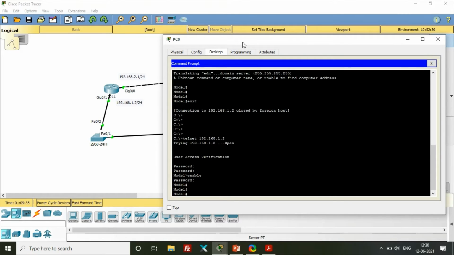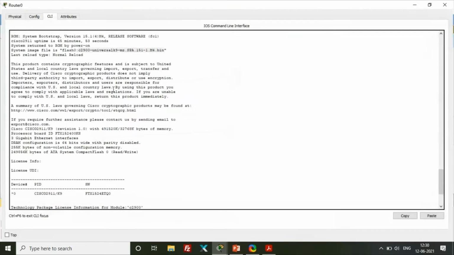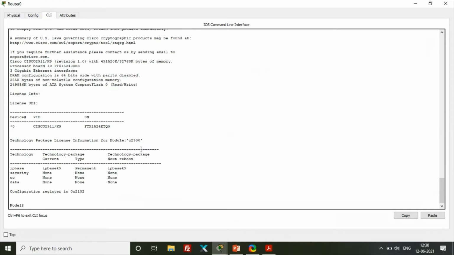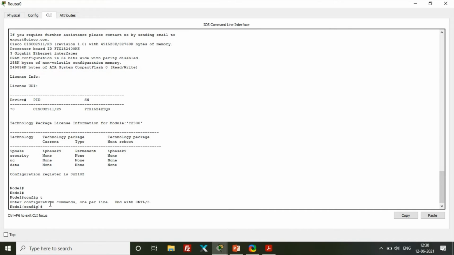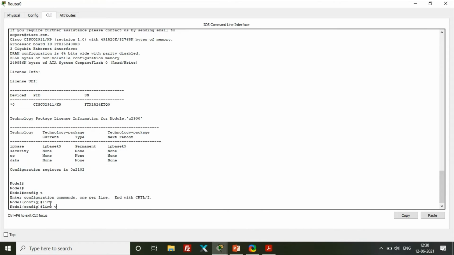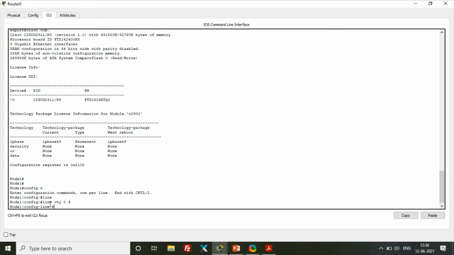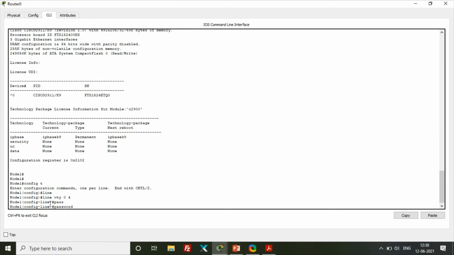What is the process of getting the password prompt here? The process is very simple. You can find a detailed video on this channel, but let me give a brief overview. Config t and line vty 0 4, or any line you can give, and the password is Cisco.